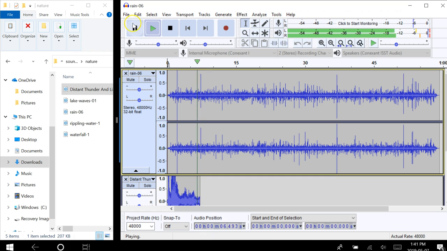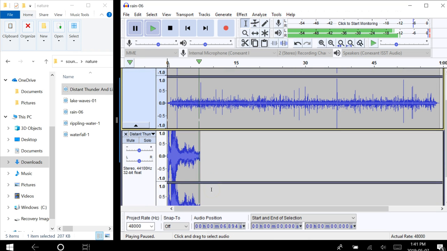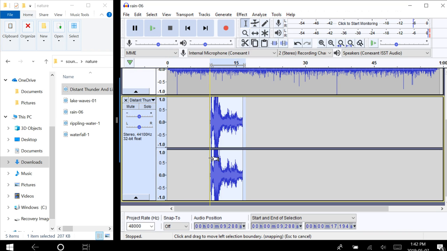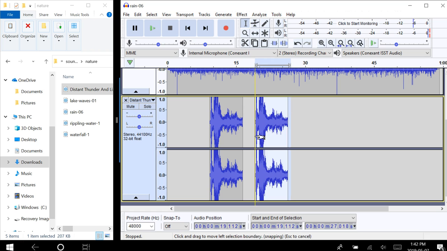Nice. Now if I want my thunder to start after the rain, what I have to do is move it on my soundtrack by cutting this out and just moving it up. And I can add as many thunders as I want. I can also, if it's a real bad storm and the thunders are really close, I can overlap them by